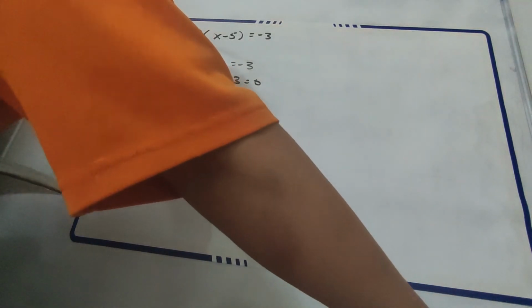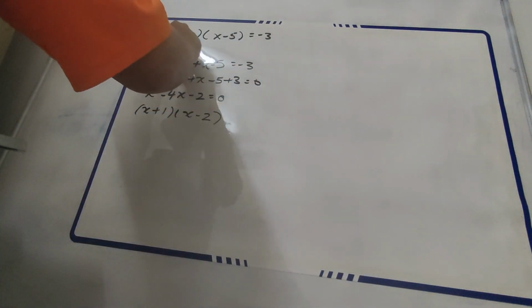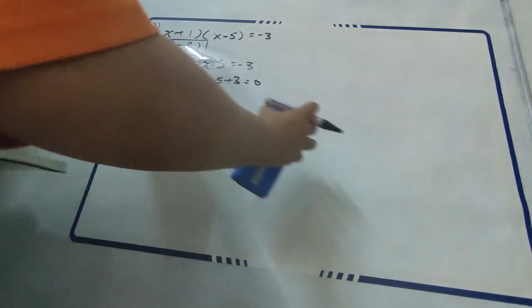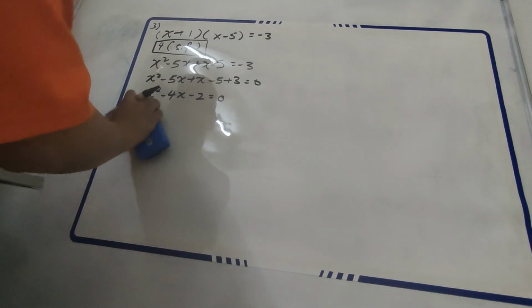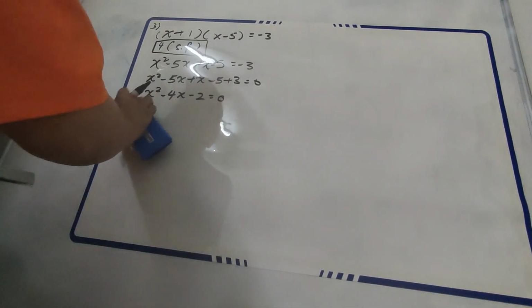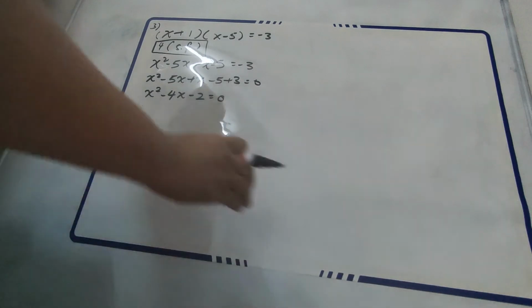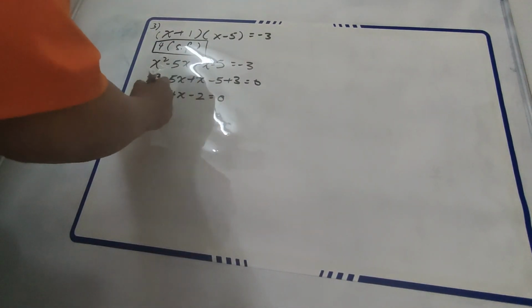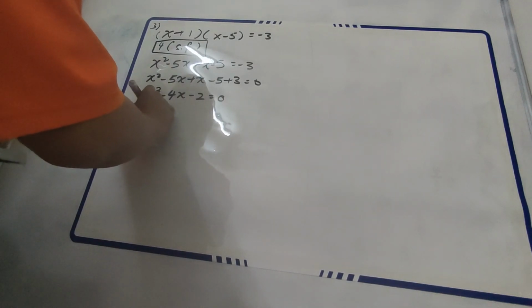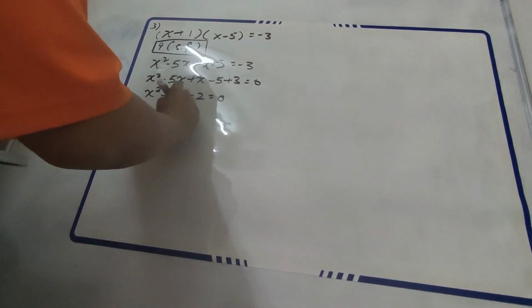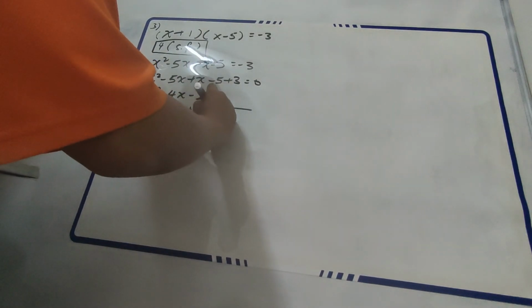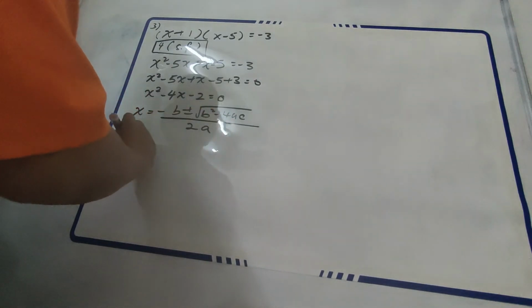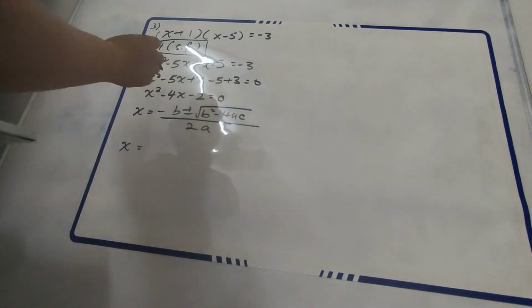So the best way, since the question already told you to write the answer to 4 significant figures, means this one sure is not a round number. It's not an integer. It's not 1, 2, 3, 4 or minus 1, 2, 3, 4. So use the quadratic formula: x equals minus b plus or minus the square root of b squared minus 4ac, divided by 2a. So your x is equal to